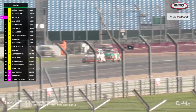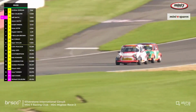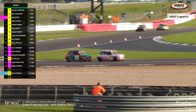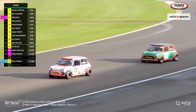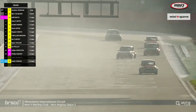Is it going to work? No, there's no room. Andrew Jordan hangs on. It's now realistically going to come down to a braking battle into the Club chicane. Jordan will defend the inside line. Joe Polly's car expiring on the start-finish straight. That won't bother the leaders, though, who turn through the Club chicane for the final time. Andrew Jordan surely now is home free. He's defended this lead impeccably all race long, and he will come through to claim a race victory here at